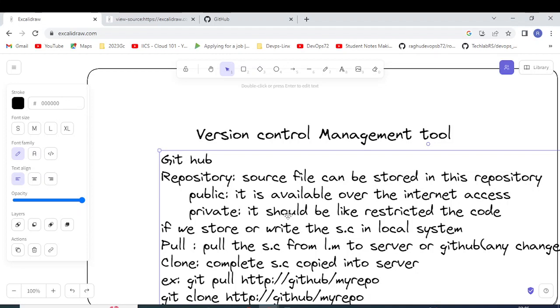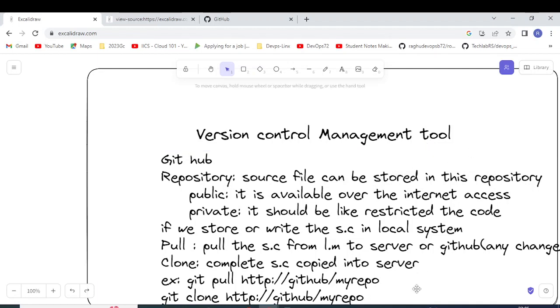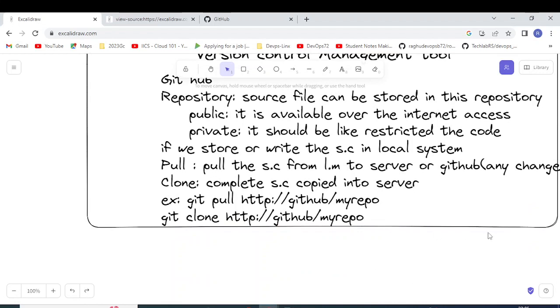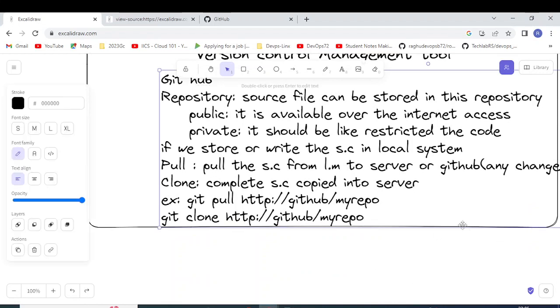Those versions can be identified by something I forgot to talk about, the git command related to commit,